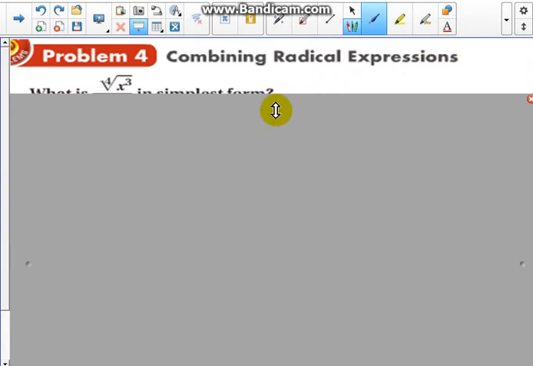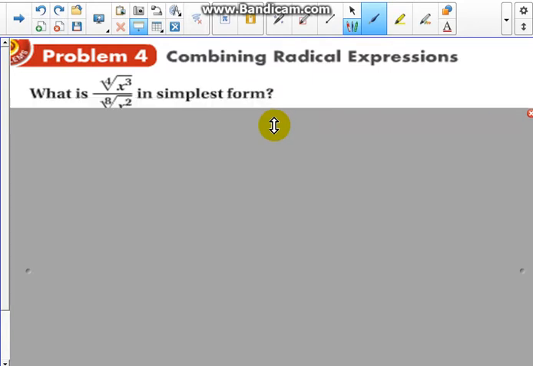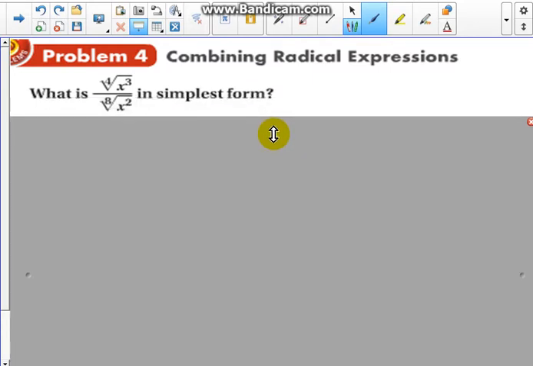All right, so let's move on to problem 4. Problem 3 we're going to skip for time's sake today. We're combining two smaller lessons into one. So this is doable, skipping problem 3. Problem 4 says, what is the fourth root of x to the third power over the eighth root of x squared